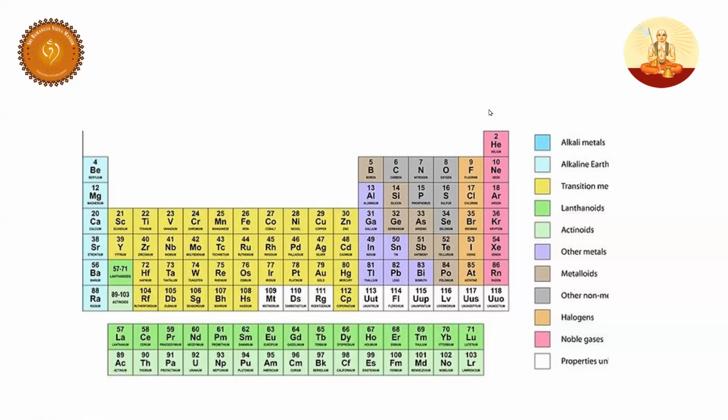Now, you can see, students, this is the boron family, boron to thallium, then the carbon family, carbon to lead, and the nitrogen family, they are called pnicogens. Oxygen family, they are called chalcogens. Similarly, the halogen family, the seventh group, they are called halogens. And finally, you have inert gases or rare gases.